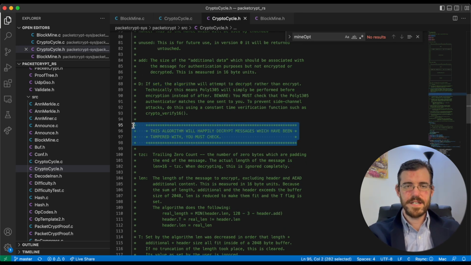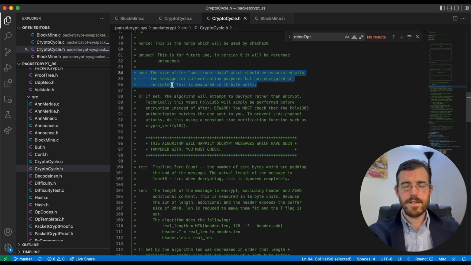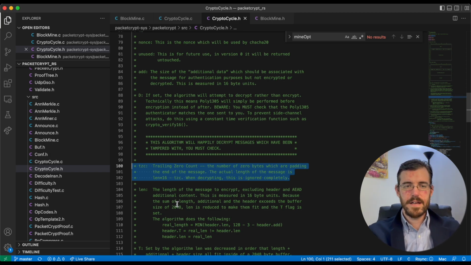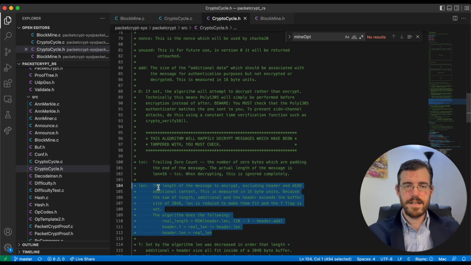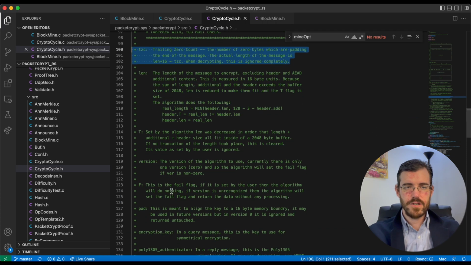This algorithm will happily decrypt messages which have been tampered with. The reason why we have to do that is because we're telling it to decrypt noise, because this is what the mining is doing: it's fuzzing this algorithm. It's doing random stuff. Because the additional data and the length are defined in 16 byte units, we have the trailing zero count, which is just telling it the number of 0 bytes which are padded onto the end of the message and shouldn't be considered to be part of the message. Then we have the length, and that's also in 16 byte units. So trailing zero count is for the length. Additional AZC, additional zero count, is for the additional